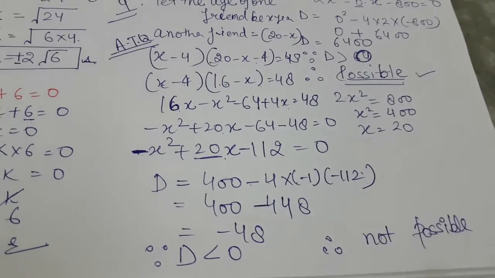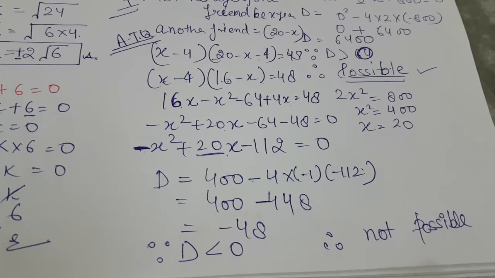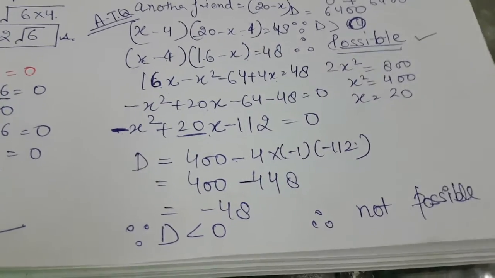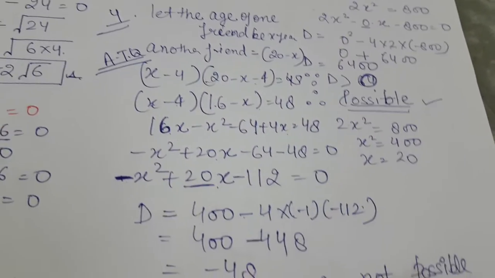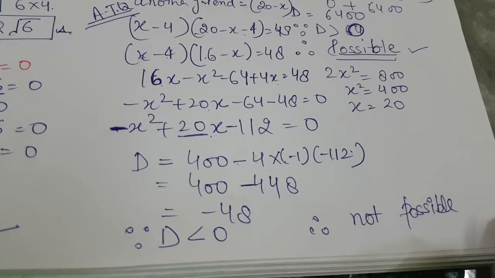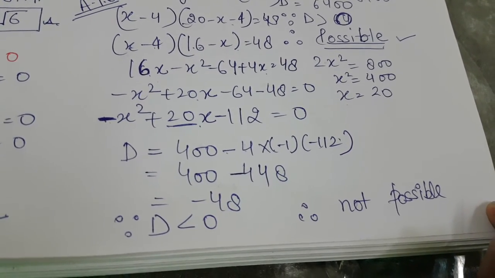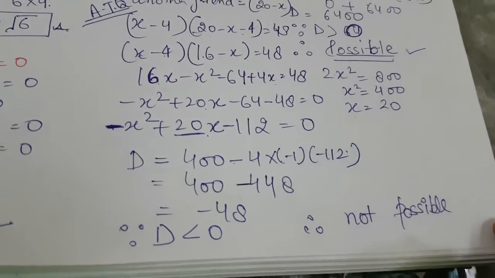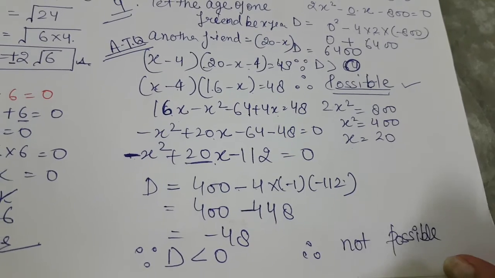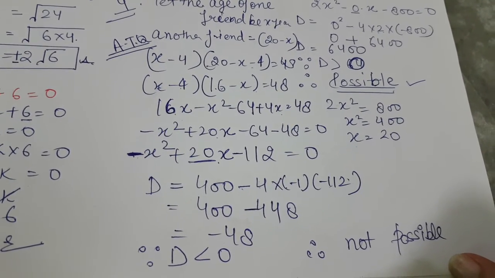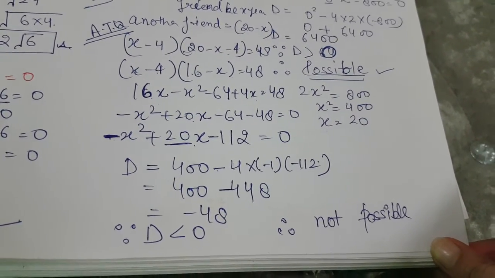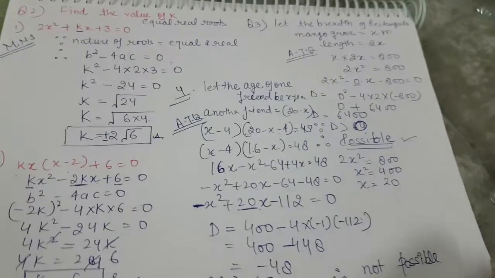If they are asking whether it is possible or not in a word problem, you first form the equation from the given situation and then find out the value of D. Now the next question: is it possible to design a rectangular park of perimeter 80 meter and area 400 meter square? If so, find its length and breadth. Again the same question. The last question I am leaving to you. First form the quadratic equation according to the given situation, then find out the value of D. If roots exist, it means possible, then find out the roots. So this is the last exercise.